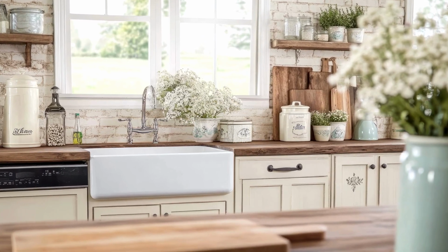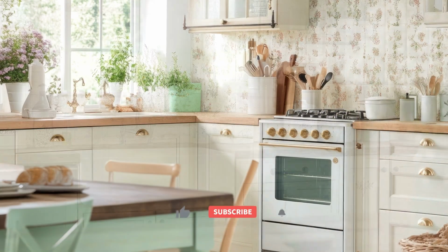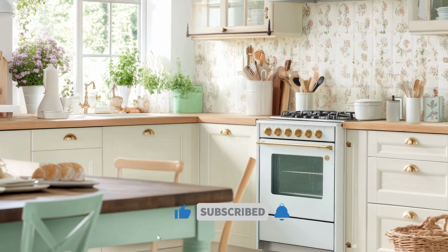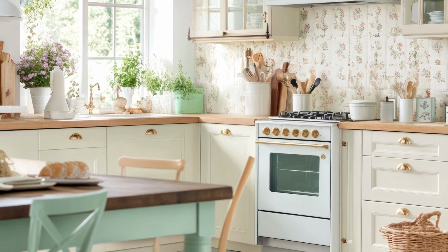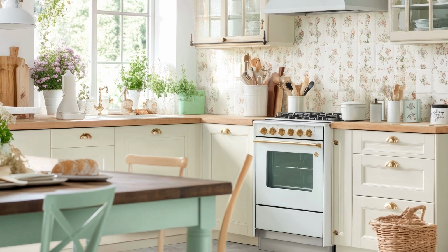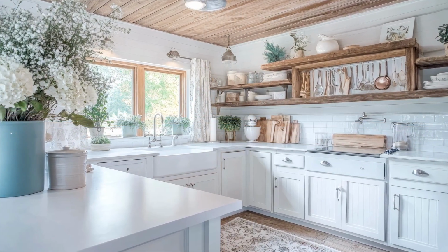Today, we're stepping into one of the most cherished spaces in any home, the kitchen. But not just any kitchen. We're talking about a space that blends the warmth of the past with the comforts of modern living, the vintage farmhouse kitchen. There's something so inviting about rustic elegance, a style that brings together history, charm, and functionality in the